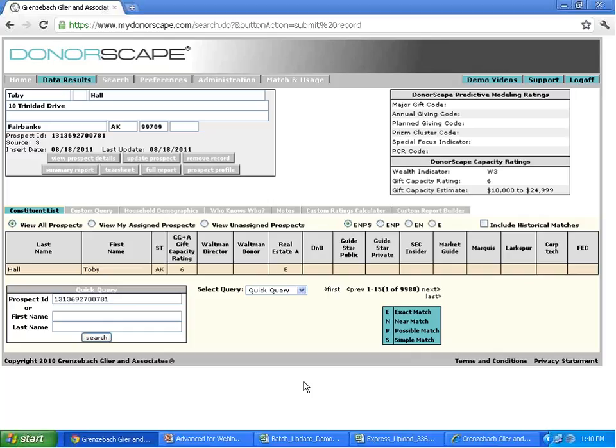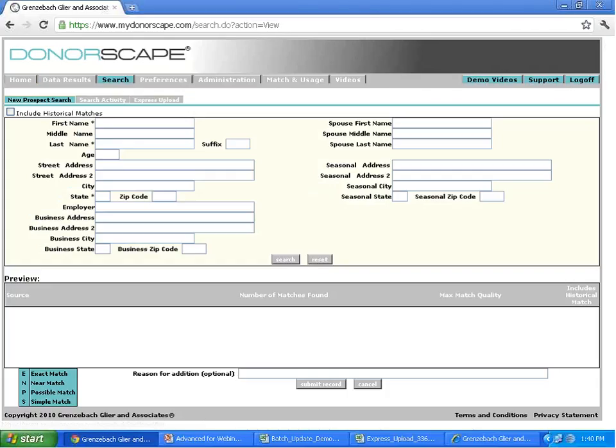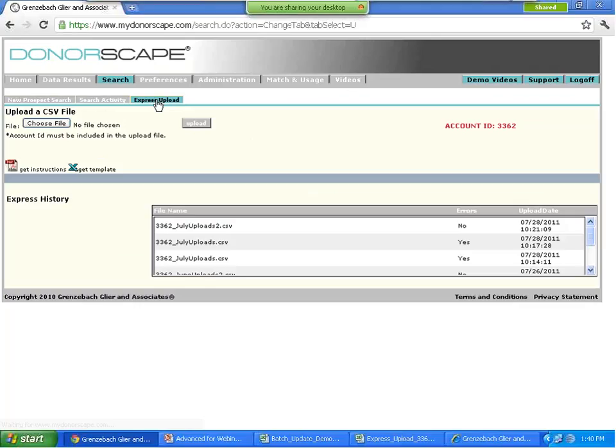So that is our one individual prospect loading. We see him here. We can look up all of his records. And so then we're going to turn to loading up to 5,000 prospects at a time through the Express Upload